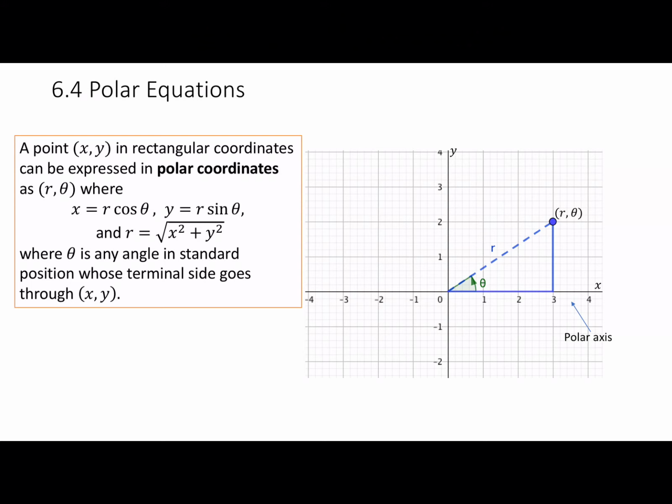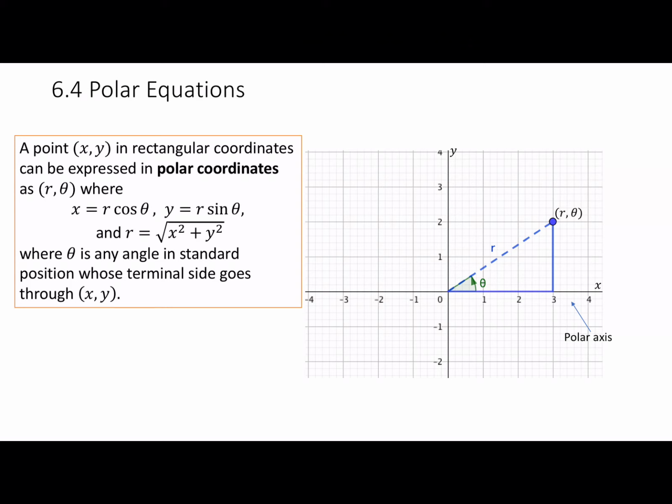All right, so if we have a point x comma y in rectangular coordinates, we can write that point in polar coordinates as r comma theta, where x is r cosine theta, y is r sine theta, and r is the square root of x squared plus y squared. Now these formulas we've been using all semester, so if you look at the picture here on